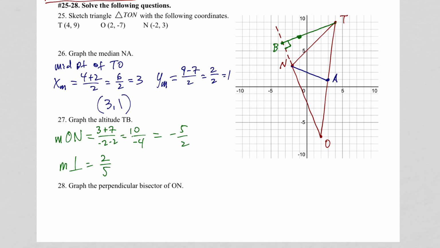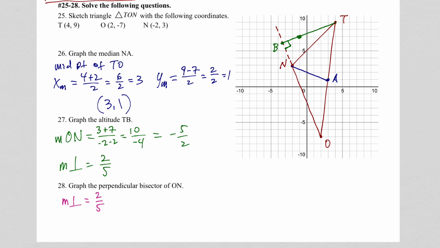Okay, the perpendicular bisector of ON. Well, first of all, we have to know the slope of ON, which we already figured out in the previous problem. So I'm not going to do that work again. I know the slope of ON is this. So the slope of the perpendicular is 2/5. So let's just write that in. The slope of the perpendicular is equal to 2/5. Okay, now